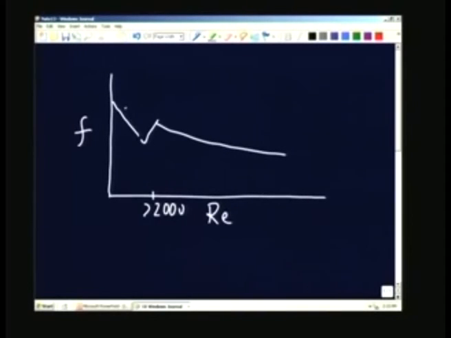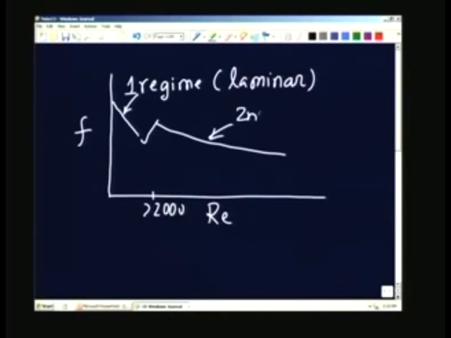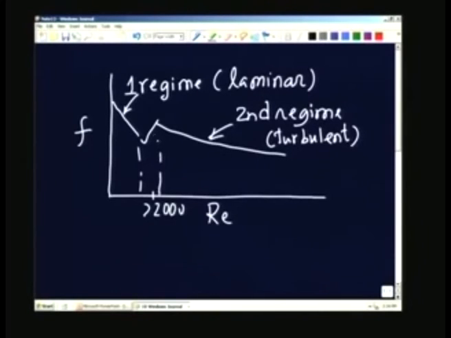So, we say that this is one regime, we call this the laminar regime, and this is the second regime, we call it the turbulent regime, and of course, there is a confusion here, this we call as a transition. So, what we notice from the outcome of the experiment, this is the outcome of the experiment,